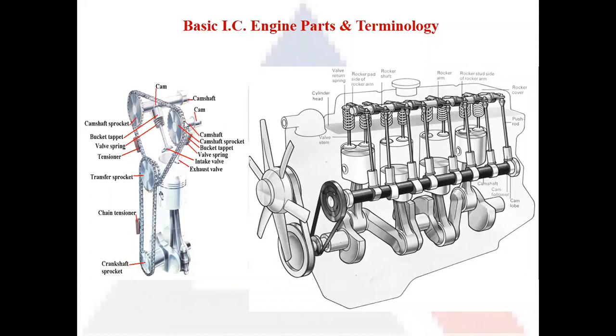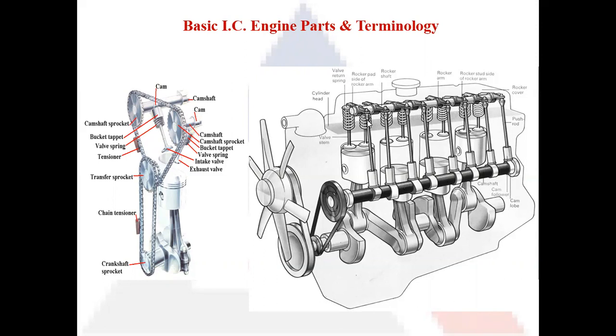And these camshafts are rotated with the help of these chains, and they get their power from your crankshaft. So this is your overhead cam mechanism, and in this one you have the cam that is on the side. So this is your poppet cam mechanism, in which you have these poppets, and then this push rod is there.